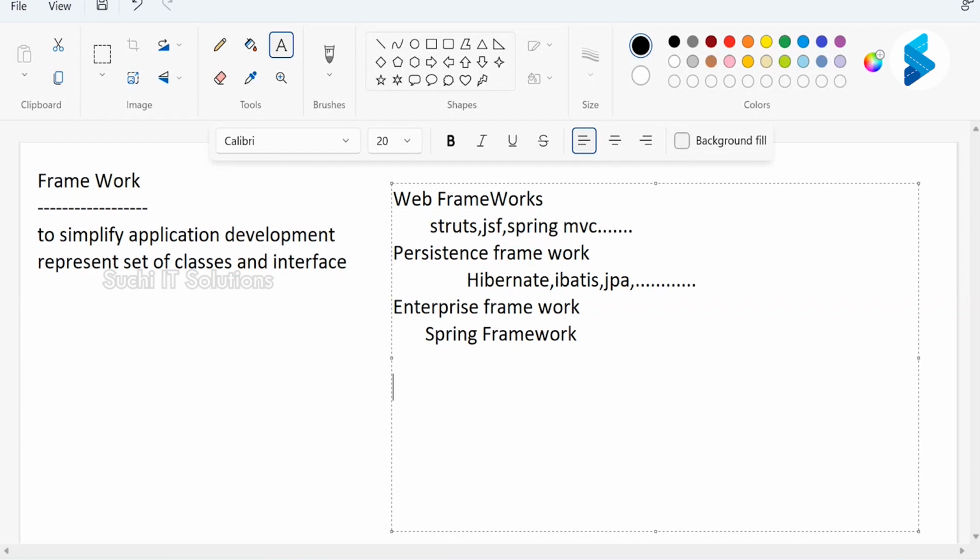Next. I hope you understand what it means by framework, guys. Any question? JSF is Java Server Faces. It is one of the frameworks to develop web applications, given by Sun Microsystems. Struts is given by Apache Software Foundation. Spring Framework is given by Interface 21. Like this, we have different frameworks available in the market, madam. I worked with Struts, madam.